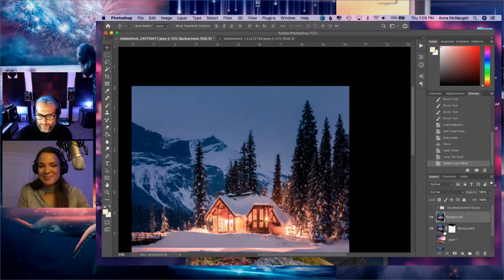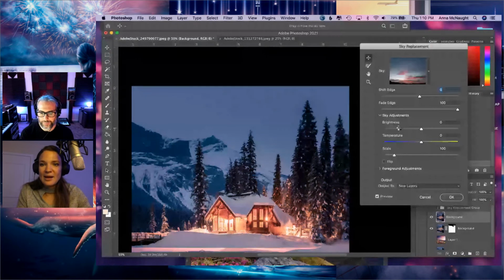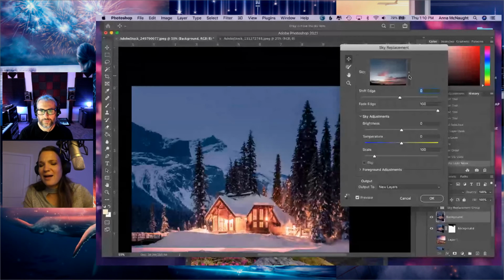Jessica's asking, was that other image she used for the sky found in Adobe Stock? The one that she used was from Adobe Stock, and the sky replacement ones may be in Adobe Stock as well, but they just ship directly inside of Photoshop. And again, you can always add your own. You can add the stock images that you license, whatever you want. Yeah, I want to try adding our own here that we got. And so I found that Adobe Stock sunset.